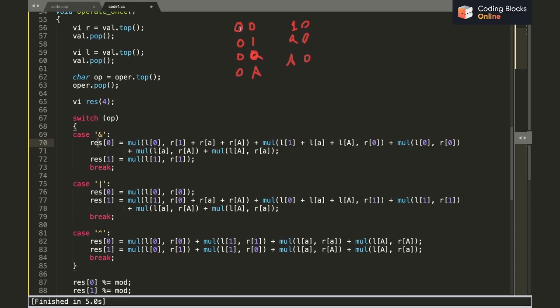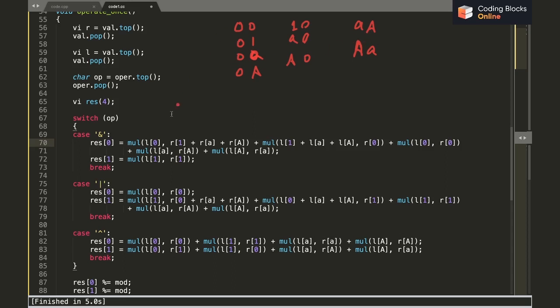Because one of the operands is 0, I can be sure that the AND value is 0. Also, small a capital A and capital A small a are also going to operate to 0 if they have an AND in between them. That's because we know that capital A and small a are negation of each other. If one of them is 1, then the other one is obviously going to be 0,